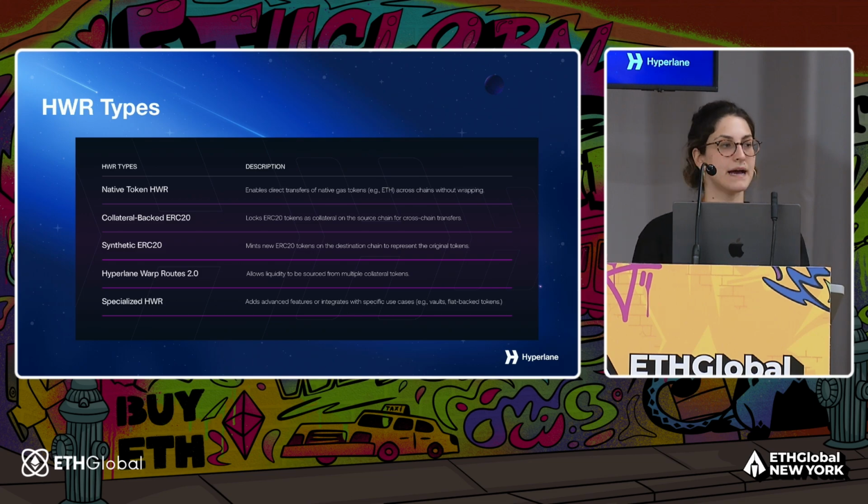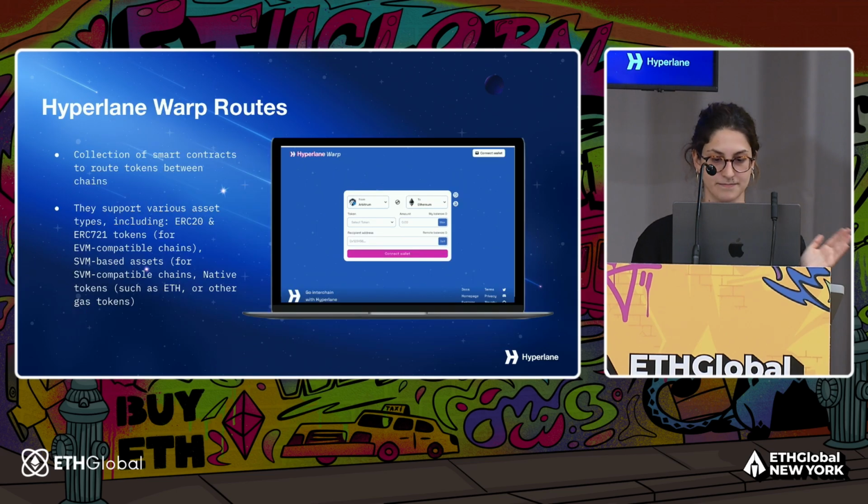What this allows you to do is, let's say you have your token on a certain network, let's say Base, since I gave the same example a bit earlier, and you want to have it on Polygon as well. You can create a Hyperlane Warp Route to have your collateral token from Base also be represented in Polygon or Optimism or almost all the chains that Hyperlane is already deployed on.